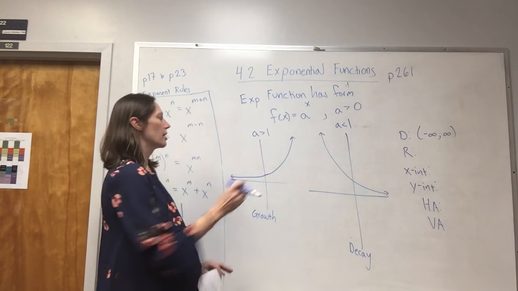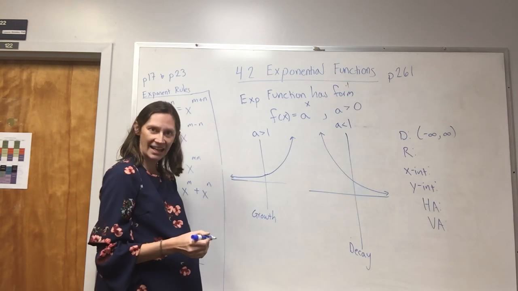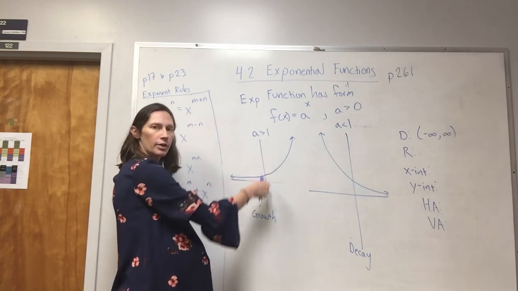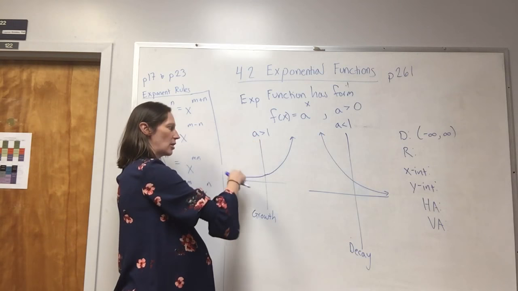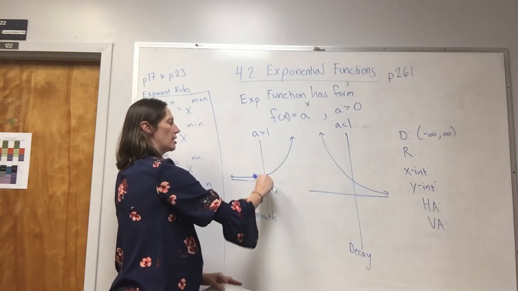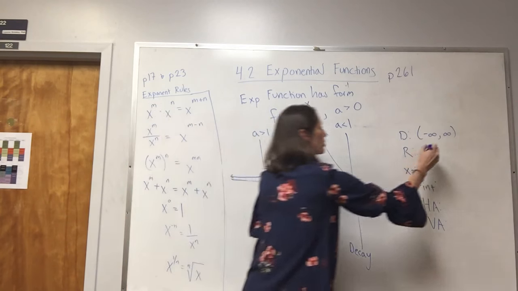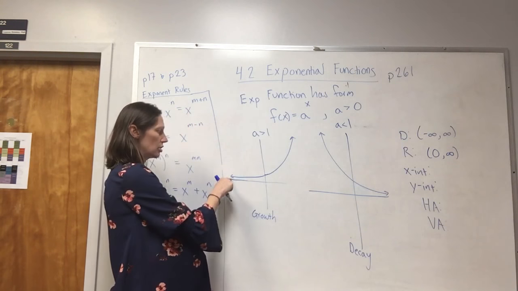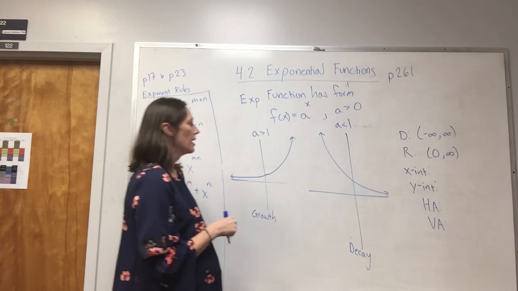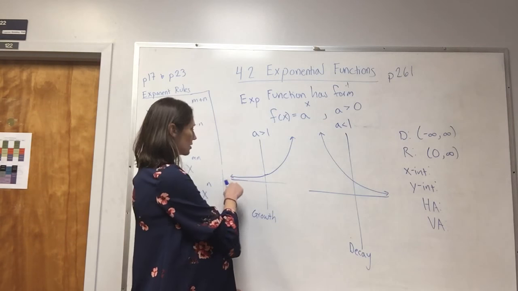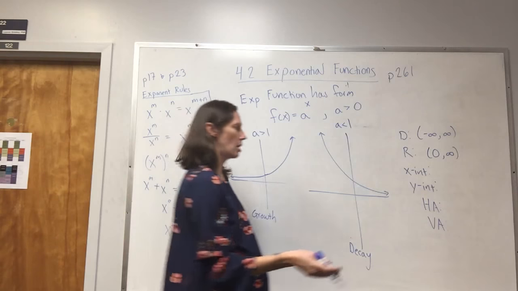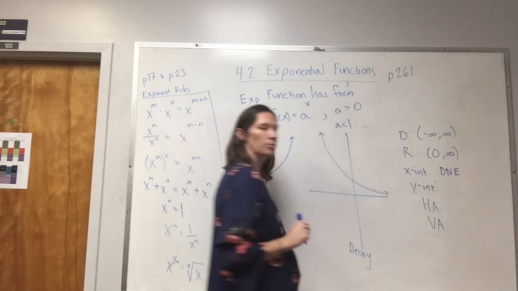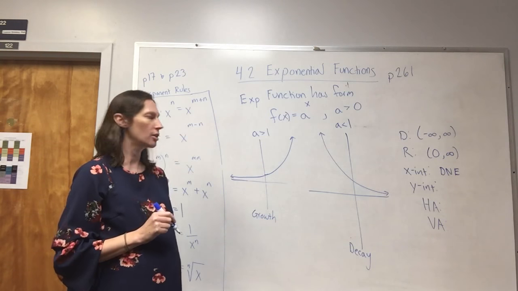Negative infinity to infinity. But now if we squish it into the y-axis, not everything gets covered. The graph only lies above 0. So if I squish it in, I'm only getting 0 to infinity covered, not including 0. I'm still not hitting 0. X-intercept, where do we cross the x-axis? I don't. None. Does not exist, I think is the pretty common term that you've been plugging into WebAssign,